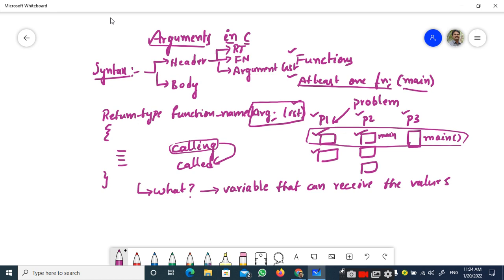So these two functions, the calling function and the called function, are going to communicate with each other. How is it possible? How are these two functions going to communicate with each other? That communication is always possible with the concept of arguments. So this argument list can be taken as the input to the function. So how are you going to give some inputs to the function? If somebody asks you, undoubtedly you can say that